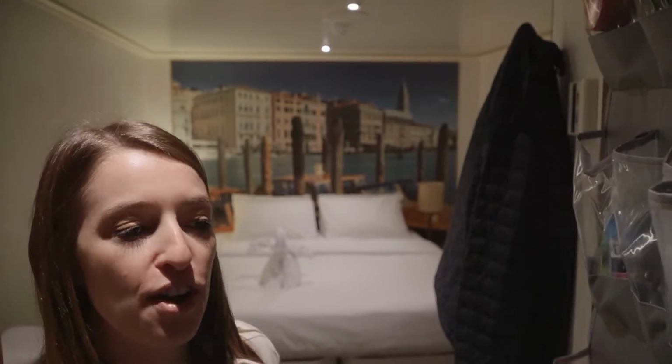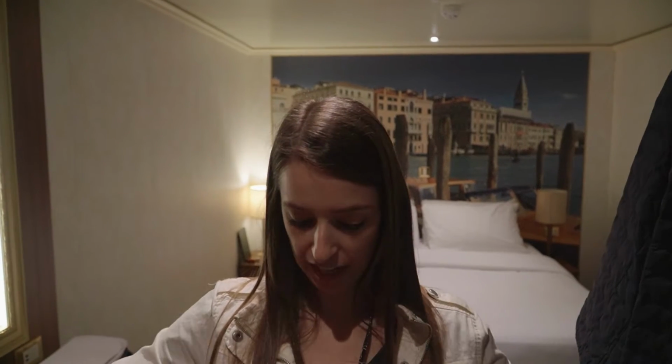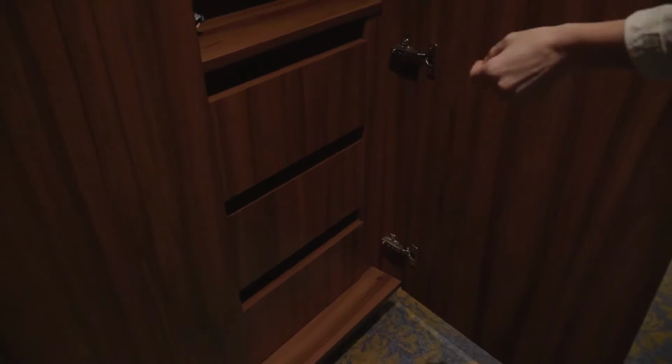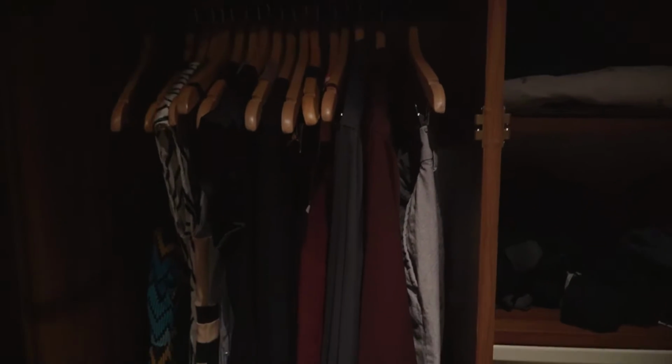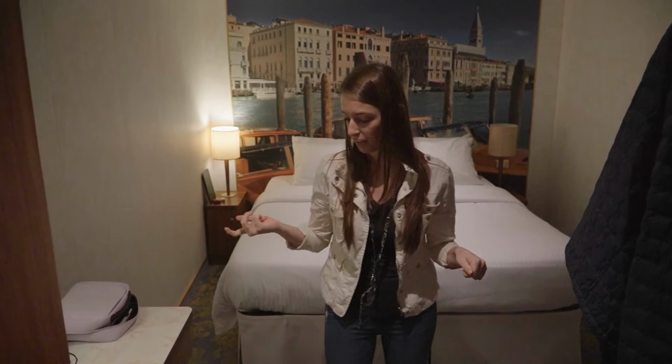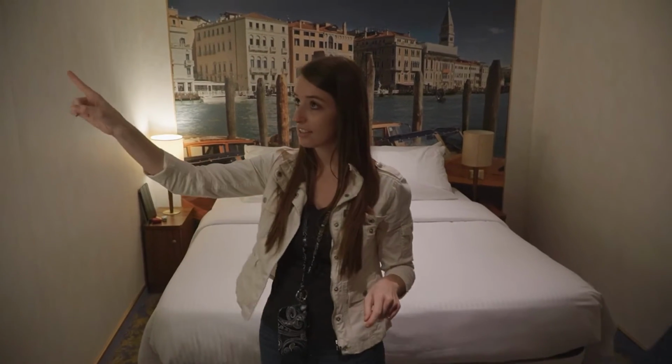All right, so walking into the room, it kind of opens up here. We have a nice closet area that has drawers, a safe, and this entire side is just closet. So I think it's pretty spacious and actually came with a decent amount of hangers, so that's really nice. And we have a nice